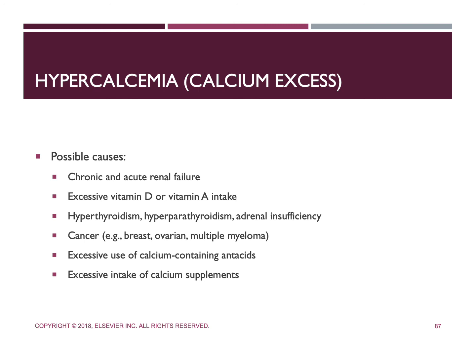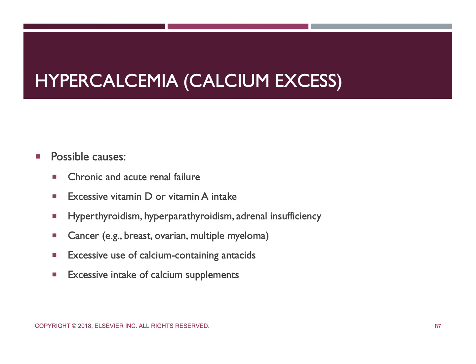It's going to include causes such as excessive vitamin D or vitamin A intake, hyperthyroidism, hyperparathyroidism, adrenal insufficiency, cancer, things like breast, ovarian, multiple myeloma, excessive use of calcium containing antacids, and even an excessive